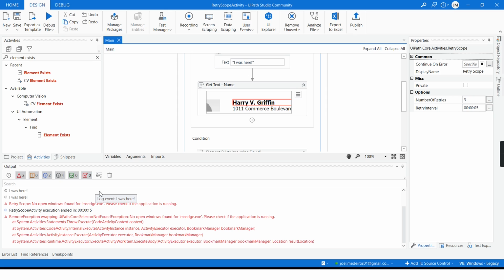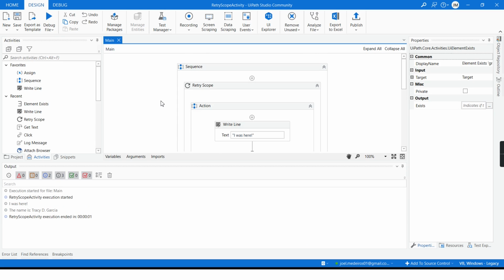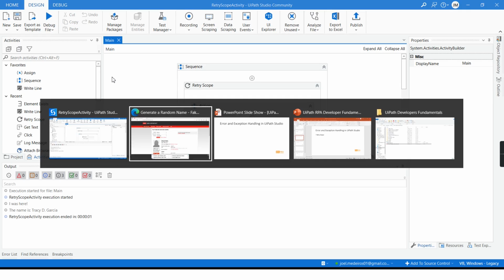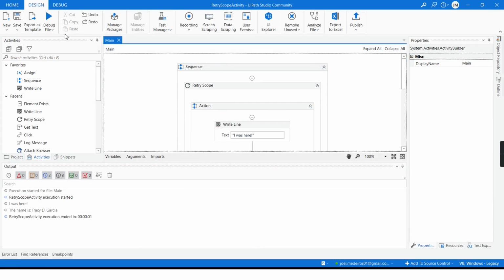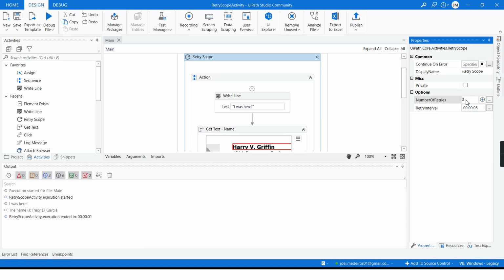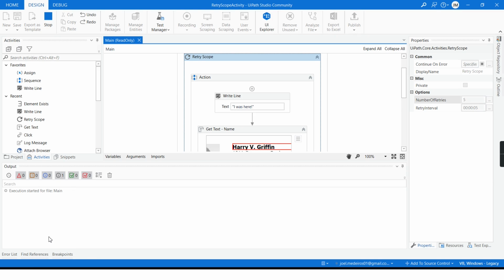So now let's test this activity, and then I will make it break the first time and then open the web browser again to see it working after I reload the page. I will first close the browser. I will also change this to 5 times, so then it gives me more time to change. I will run. And as soon as I see the first message, I will open the browser.